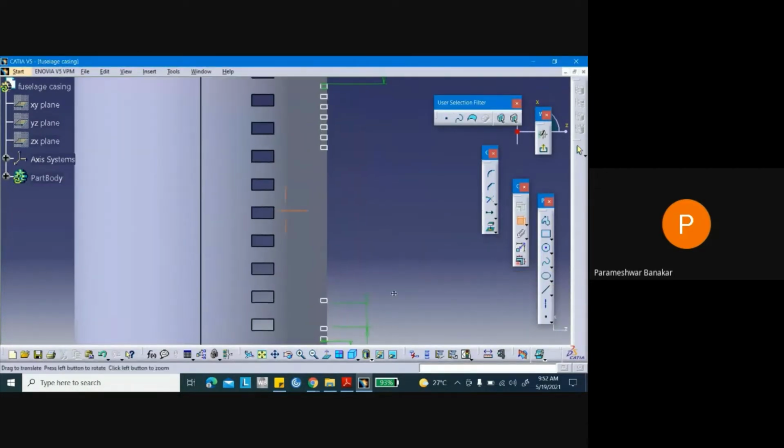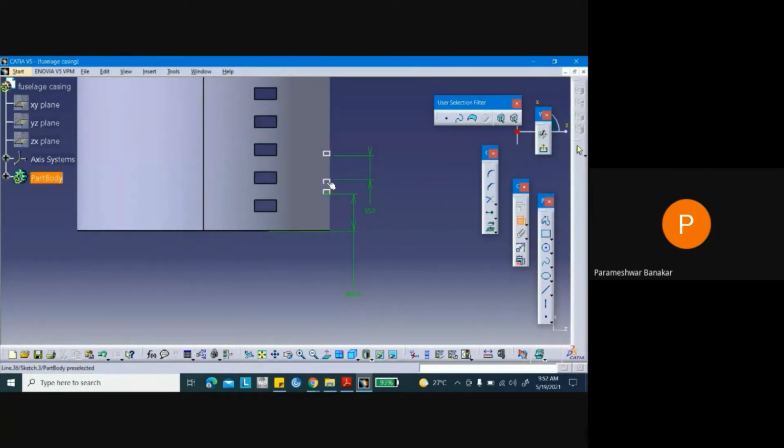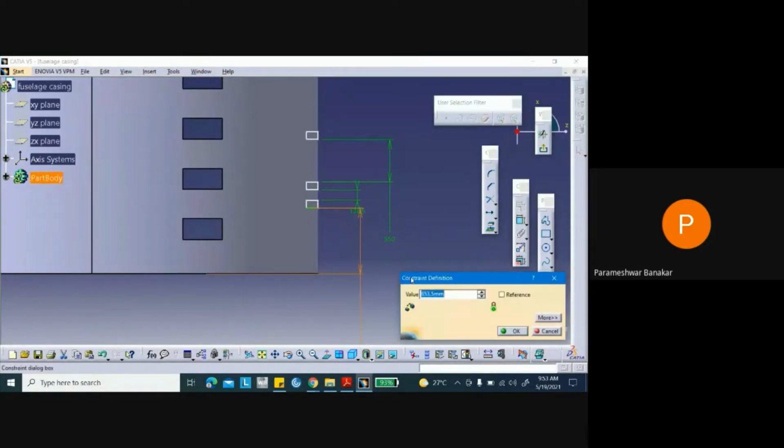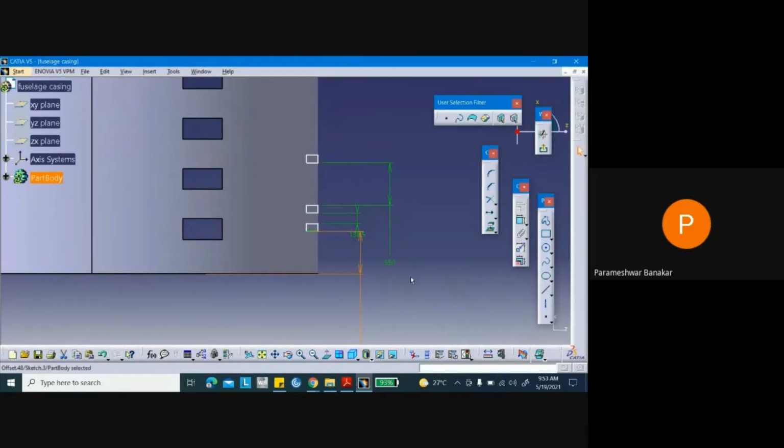And the dimension between this and this, that is 550. That you will see somewhere something has gone wrong. What is that? Here is this dimension. I can come here. Just between these two, you see that later. 550. What happened? Good.